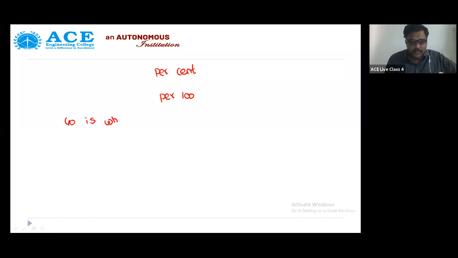See, guys, the name percentage itself clearly indicates percent, per hundred, out of 100. They're asking, out of 100, what is the value? That is what we have to find. Suppose 40 is what percent of 200. You need to find the percentage. 40 is what percent of 200 means: